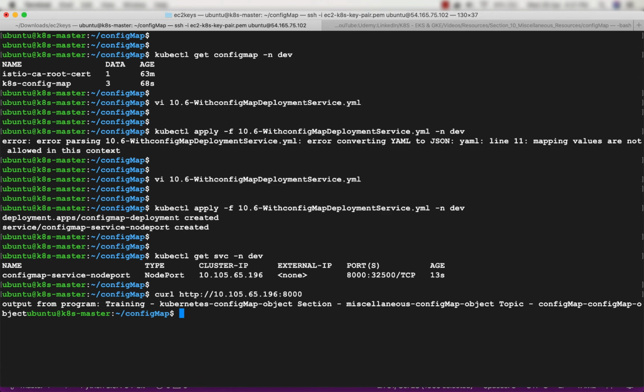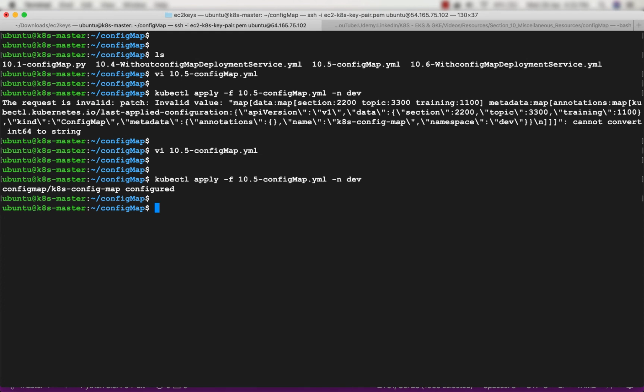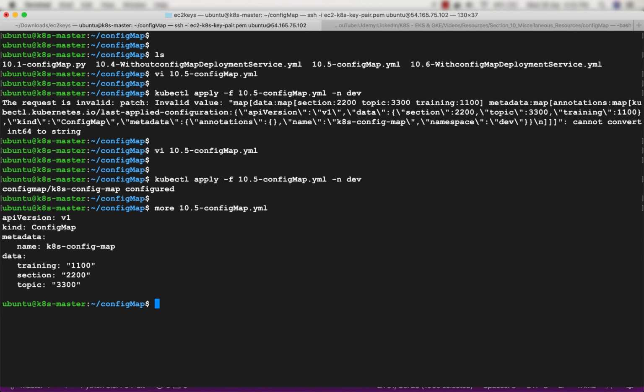Now what if I have to change the variable of this pod? We don't have to do anything, we don't have to touch the application. The only thing that we have to do is change the config map. And this is our config map. Now instead of Kubernetes, let's say I mentioned some numeric variable here. So I provided numeric variables rather than strings. So I cannot pass integer value directly, so I have put quotation marks inside of them, and then I have created the config map. So let me show you, this is how I have changed it. Now instead of integer value, I have made them strings using the double quotes.